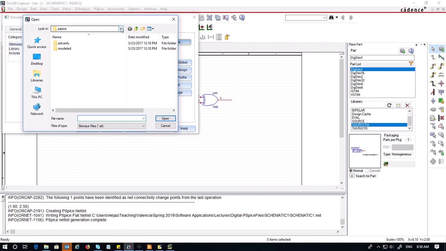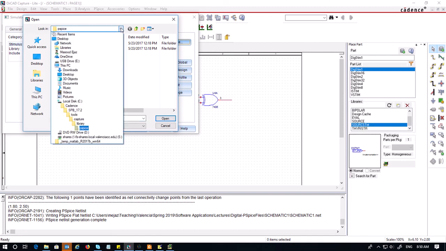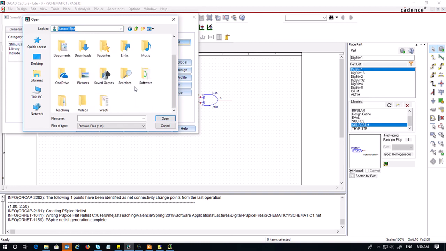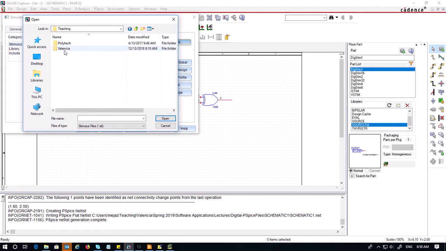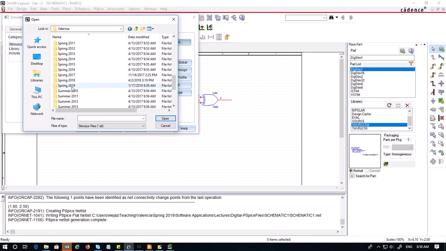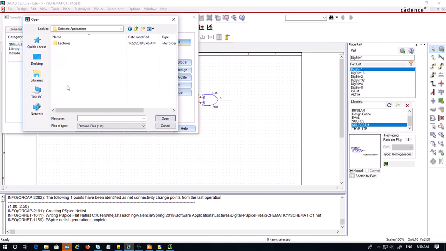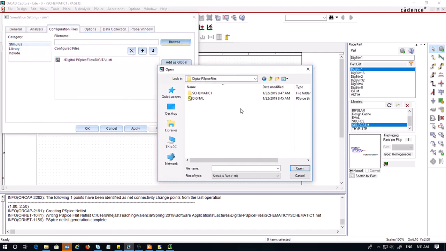to the folder where you are saving your files. Let's see where I'm saving my file. I'll just go to my folder. Teaching, Valencia, Spring 2019, software app, lectures, and then digital. Okay, so if you do see all red lines in your simulation, and you come here